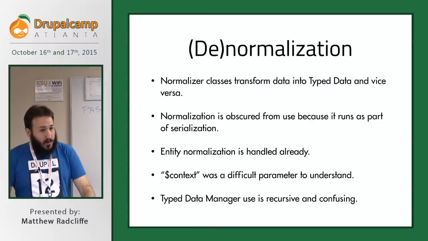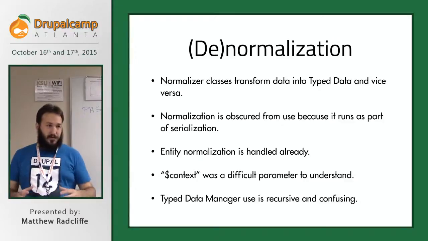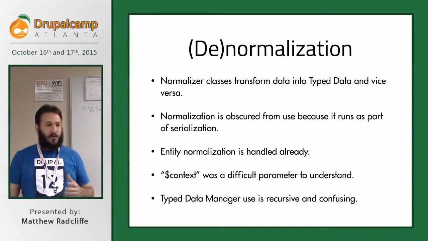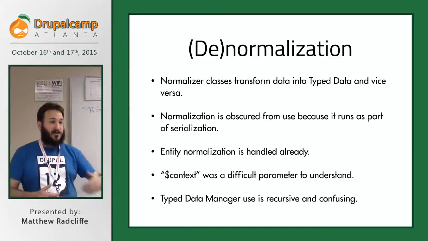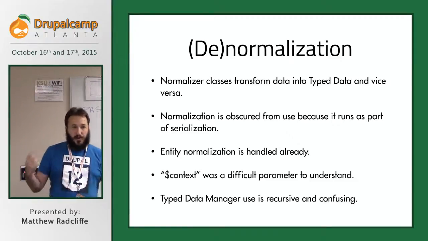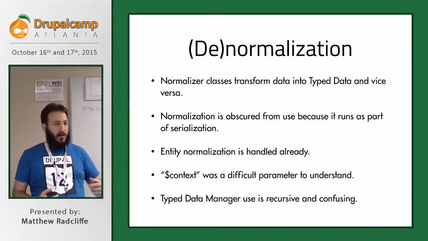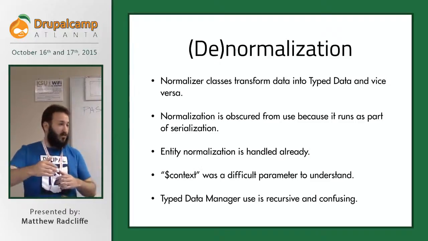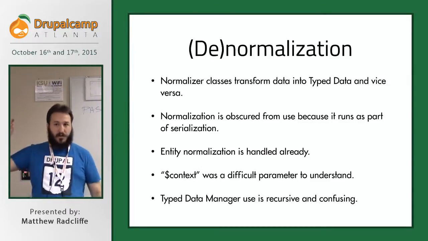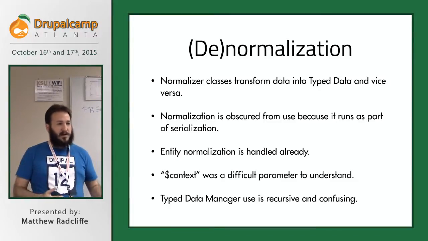So, normalization. I can use the typed data manager to normalize or denormalize data into data types that are defined in Drupal. And this includes entities or nodes. So the way that the REST API works, let's say I'm doing nodes, and I create a view with a REST export display in Drupal 8. The way that's going to work is I get JSON in,